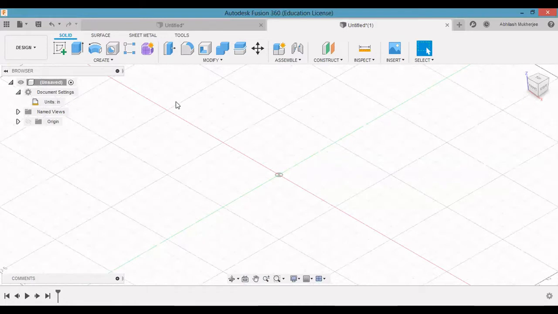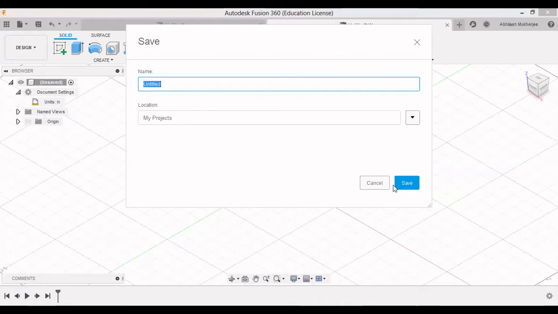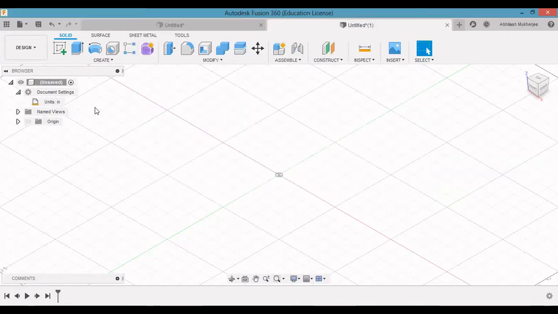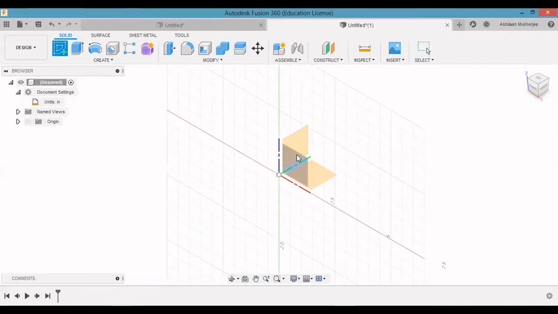Now at the very beginning you need to save every file. Since I don't need this file, I am not saving it. Let's start by drawing a rectangle. When you select a rectangle, it asks you to select a plane.